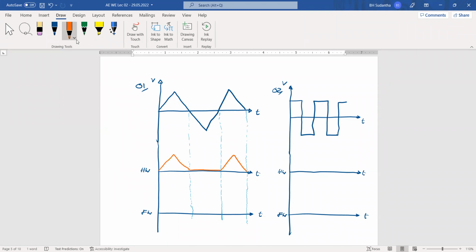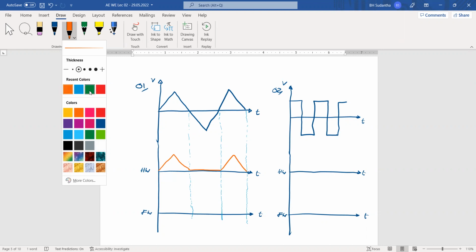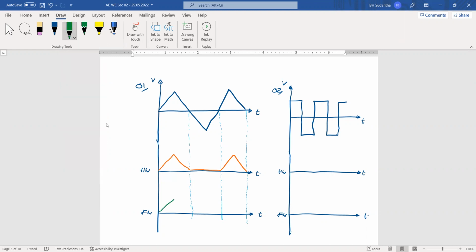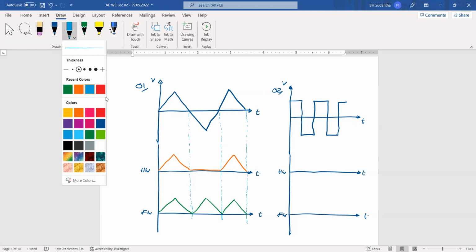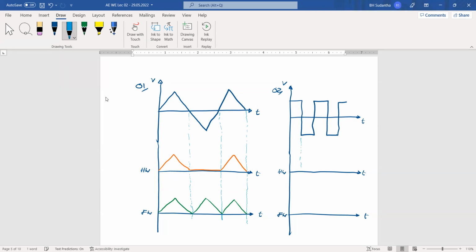But when it comes to full-wave rectification, then both cycles will be present, but not on the negative side. All cycles will be on the positive side. In this case also,